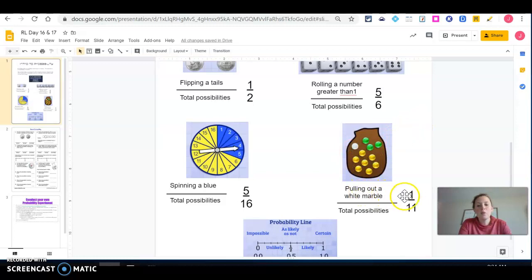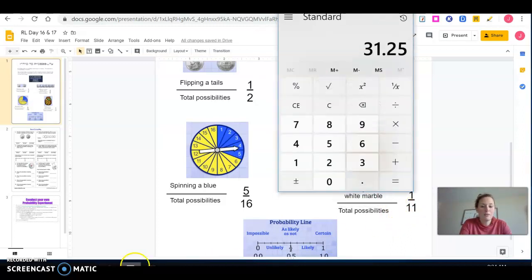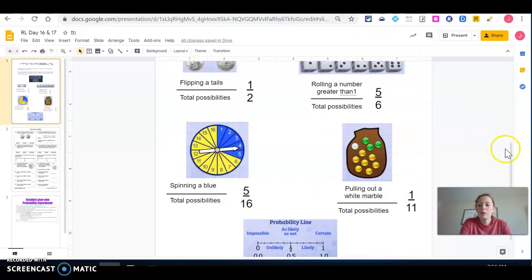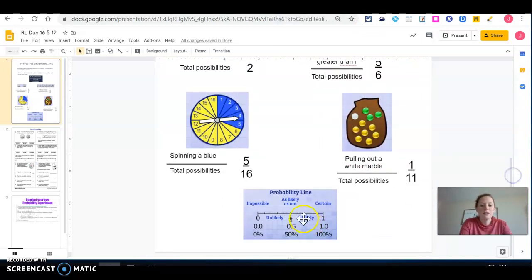It says pulling out a white marble. So we only have one white marble, and there are 1, 2, 3, 4, 5, 6, 7, 8, 9, 10, 11 total marbles. So I have a 1 out of 11 chance. 1 out of 11. That's a 9% chance. That is super unlikely. So what I wanted to do is talk about this probability